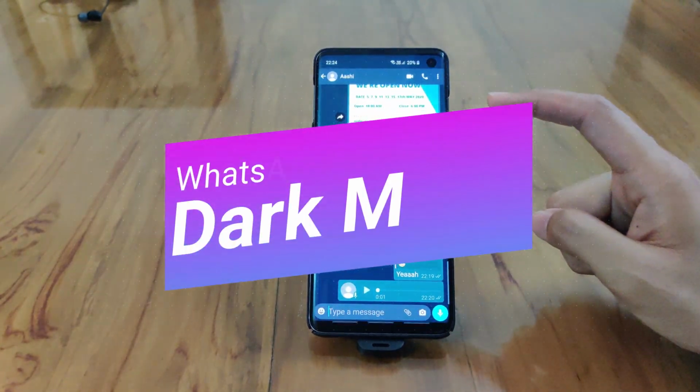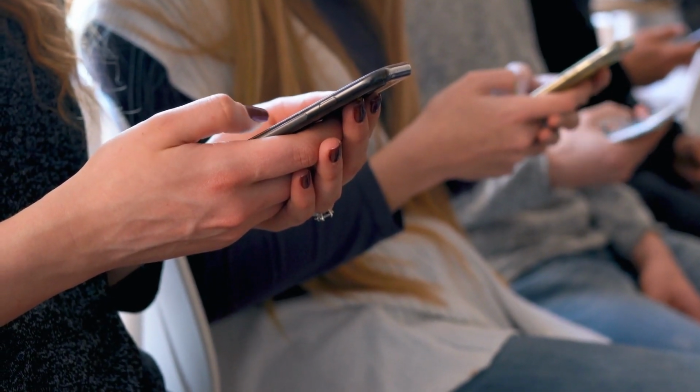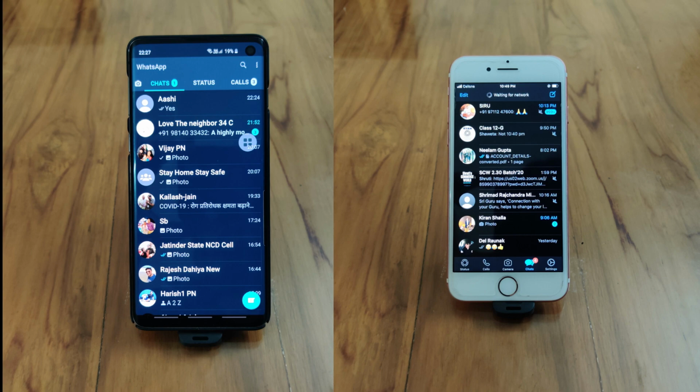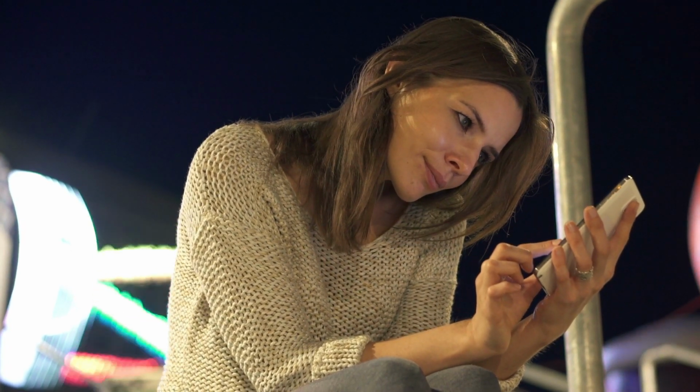Finally, WhatsApp dark mode is here. It is one of the most demanded features in WhatsApp over the last few years. The WhatsApp dark mode is finally available for both Android and iOS. You can now manually set the dark mode for WhatsApp or can have the app sync with the phone's